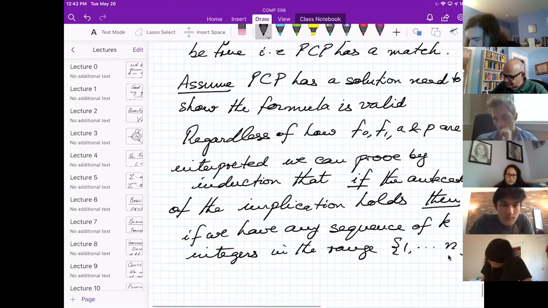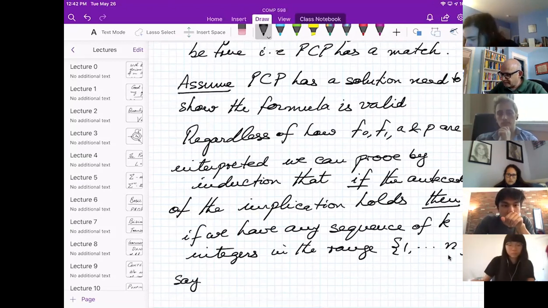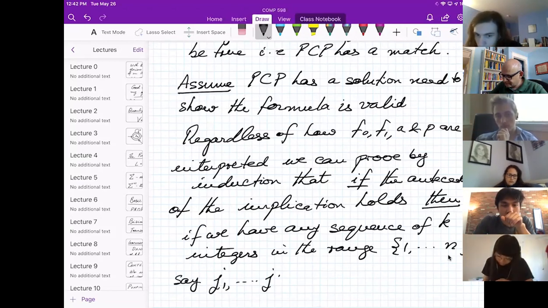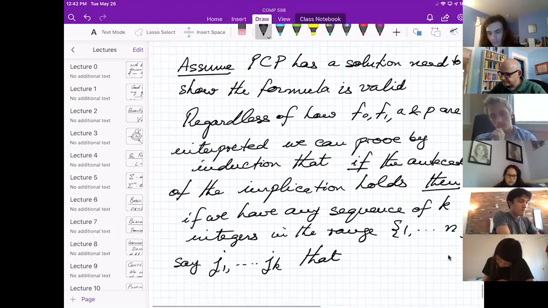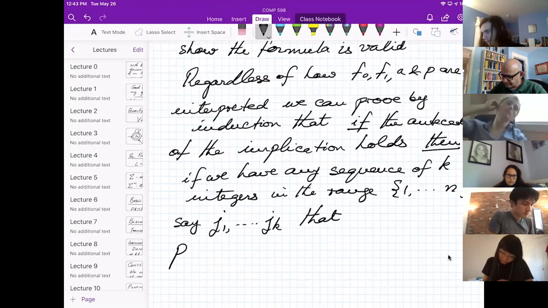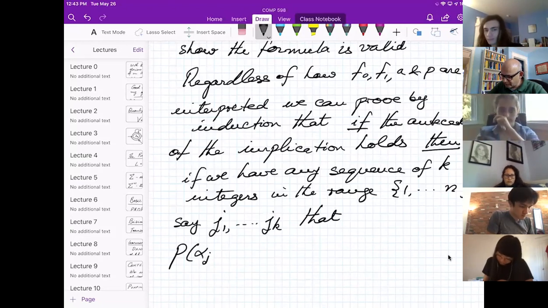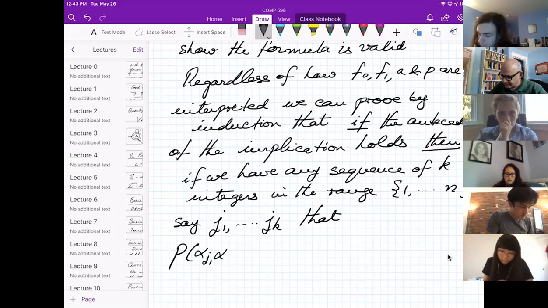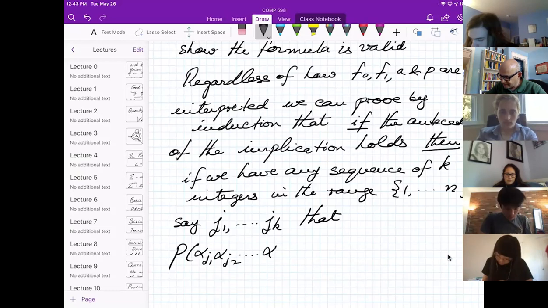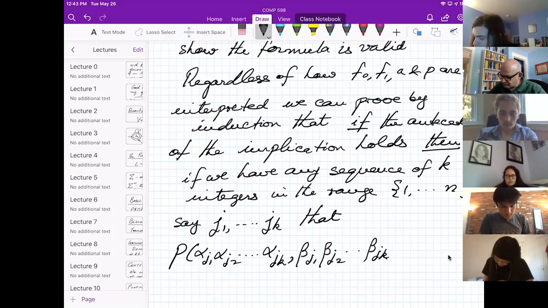So let's say these integers are called j sub 1 to j sub k, that P of alpha j sub 1, alpha j sub 2, up to alpha j sub k, comma, beta j sub 1, beta j sub 2, up to beta j sub k holds.